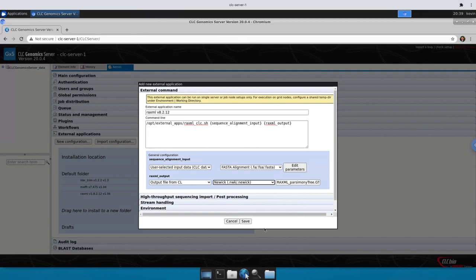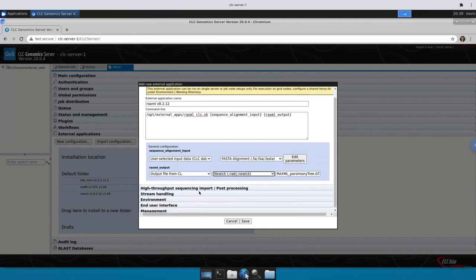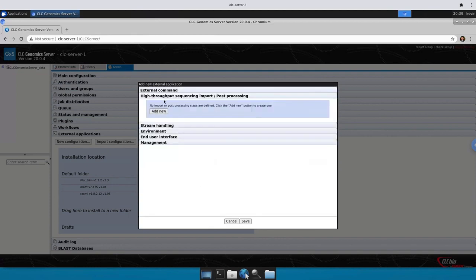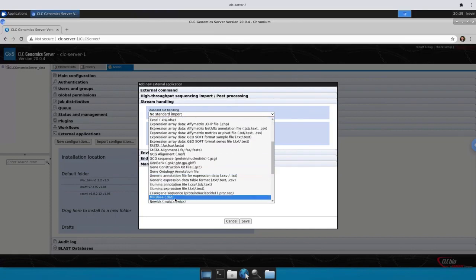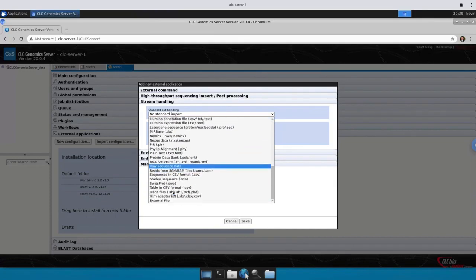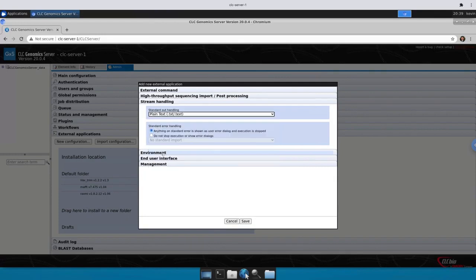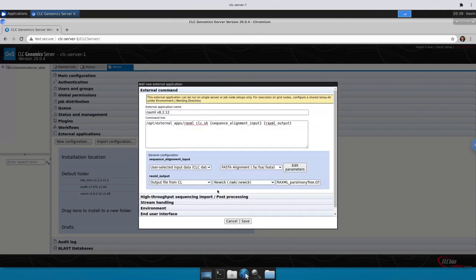So with that, you would hit save. Oh, before I do that, actually, I always like to make sure that I do have the standard out pushed to a plain text file. So that can be very helpful for troubleshooting moving forward. All right, so with these settings and these external commands, you should be able to hit save, and step 3